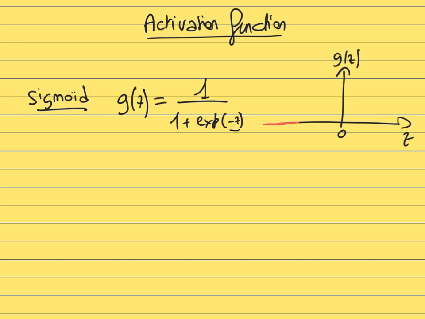On the other hand, when the value of z becomes very large, very positive, then exponential minus z becomes very close to 0. It tends to 0. The limit would be 0, which means that in this case, when z becomes very large, you get 1 divided by 1. So the sigmoid will tend towards the value 1 at very large values of z. And in between, it's going to be a monotonic function that increases with z. When z equals 0, exponential of 0 is equal to 1. So you get 1 divided by 2. So when z is equal to 0, then the value would be 1/2 or 0.5.